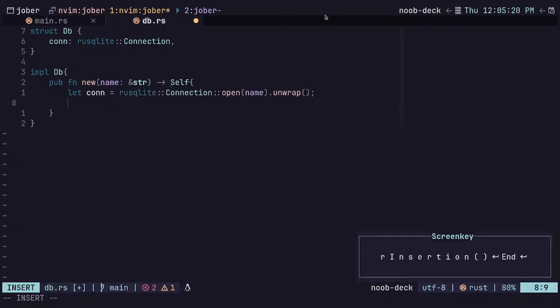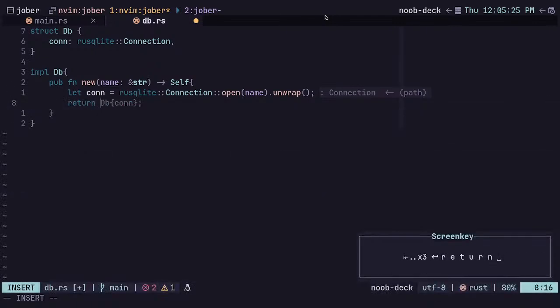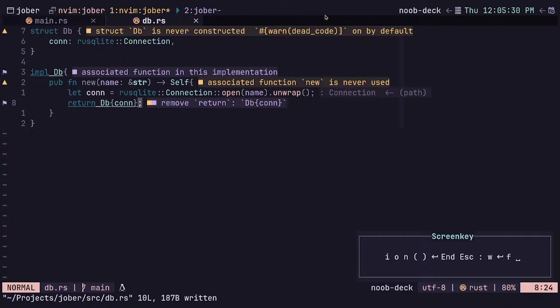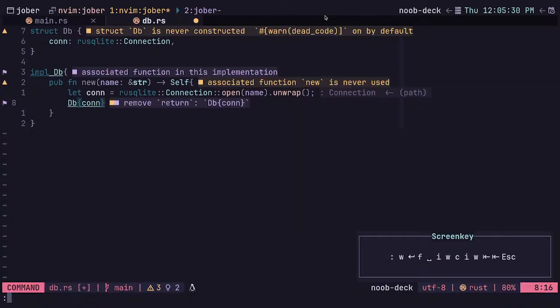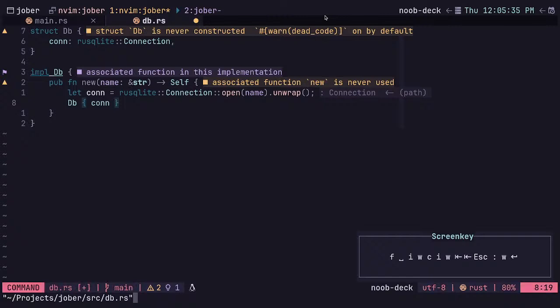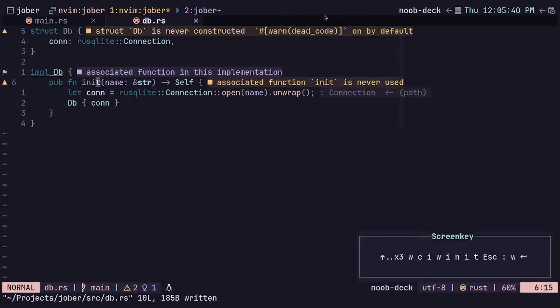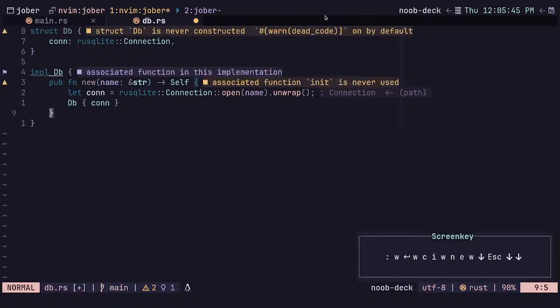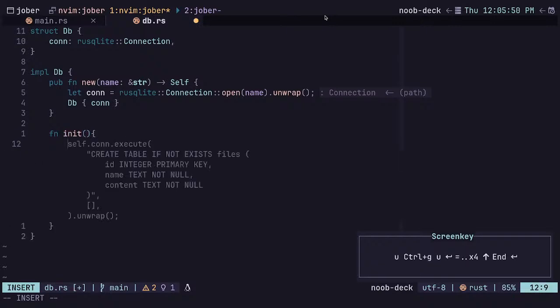Just to keep all of this nice and easy. dbcon, there we go. All right, my Go habits sometimes come in the path of my Rust habits. It's a whole thing. Okay, so we can call this init. Or no, this would be new, and then we have a secret function called init. Okay, that does